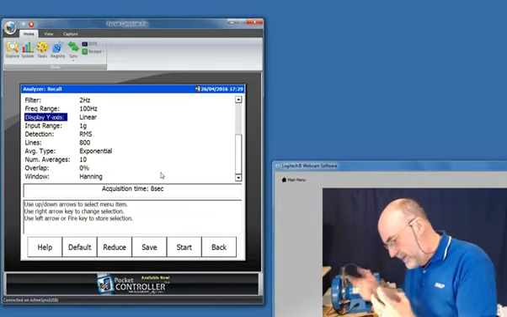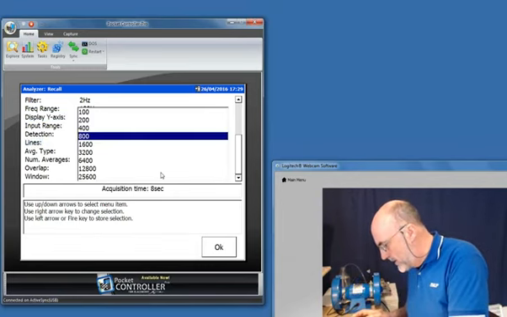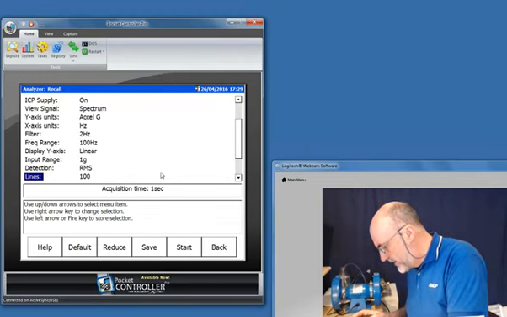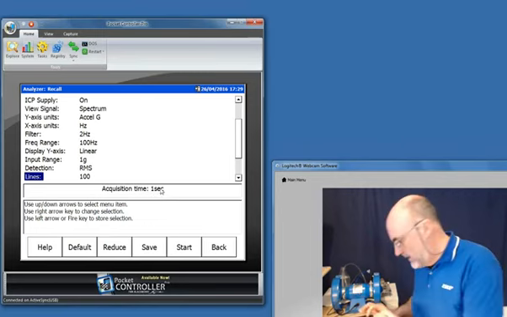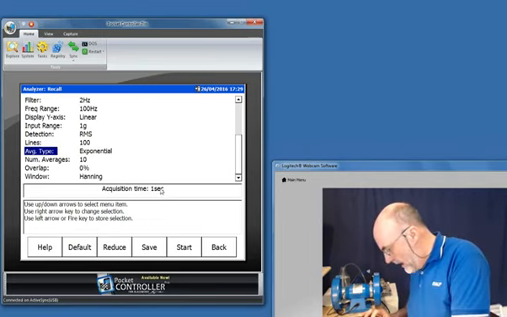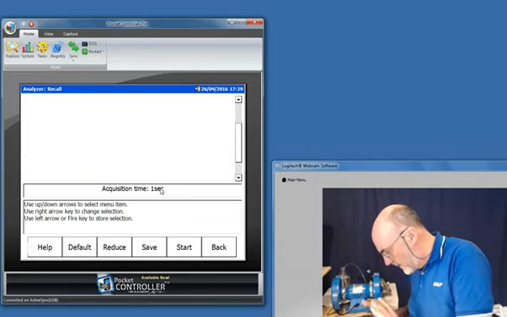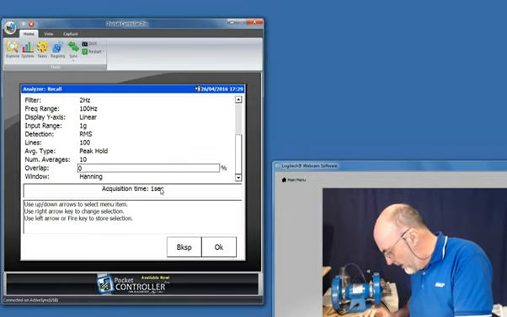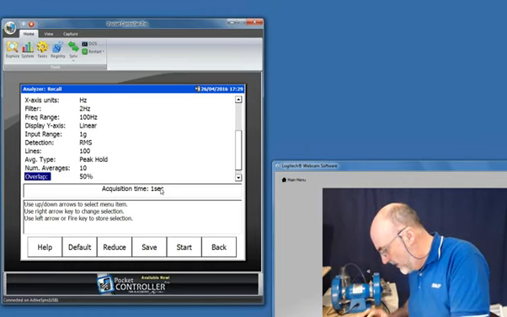So we really want to speed up the rate at which we acquire data. One way I can do that is to reduce the lines of resolution. So I've reduced it to 100 lines of resolution. That means that my acquisition time is going to be 1 second. I need to change the average type to this peak hold, so we're going to hold the maximum peak. And I can speed things up a little bit more by using this thing called overlap, which I am going to explain. I'm slowly working down these controls to explain them all.